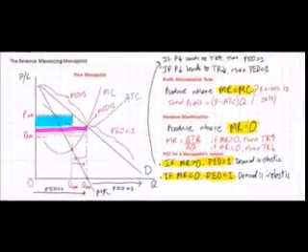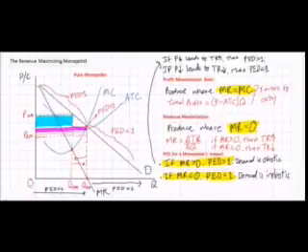In our next lesson, we're going to look at purely monopolistic markets and firms and determine the extent to which such firms are productively and allocatively efficient compared to similar perfectly competitive